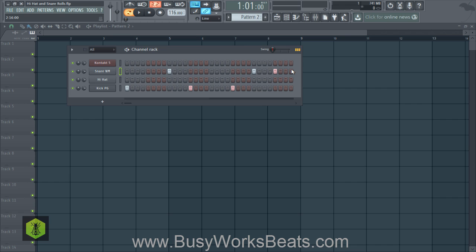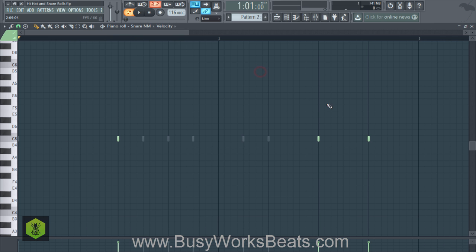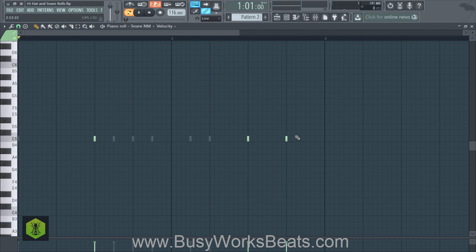So I've found quick techniques to make it easier to create hi-hat rolls. Start everything in the step sequencer first. And then what you can do is go to the piano roll overview. This is going to keep the sounds in these little triangles, which means it's not going to give it a defined note length. They're just points along the piano roll. So click inside, and they're going to be these cylindrical looking shapes that are very short. But if you drag this out, notice it becomes a note in the piano roll.